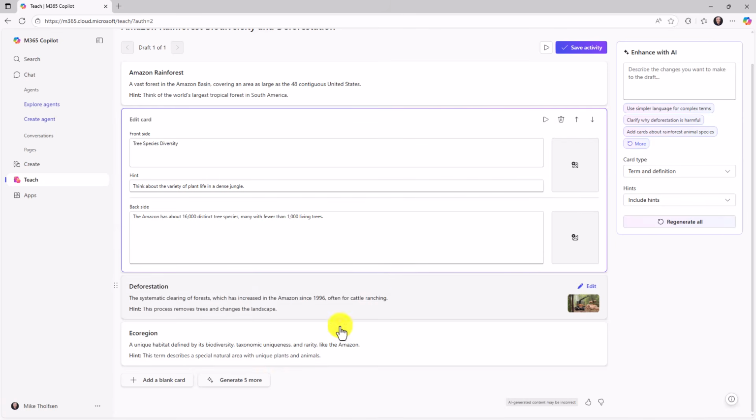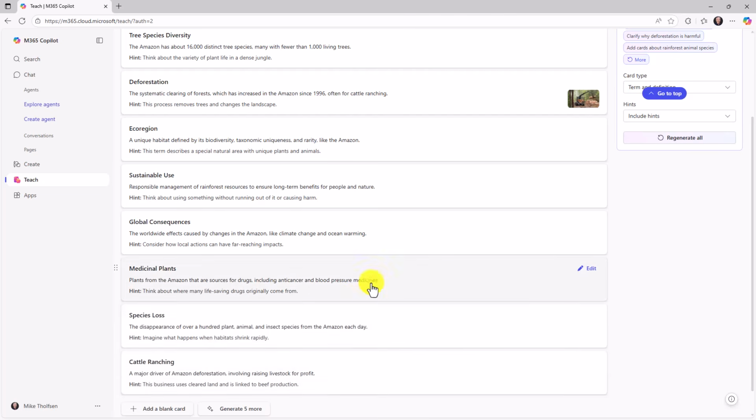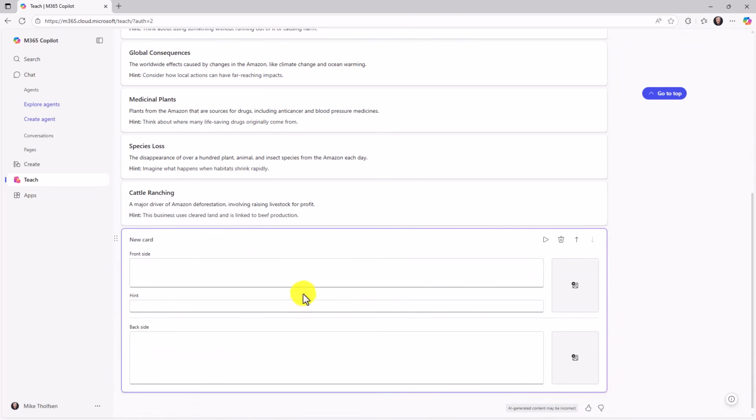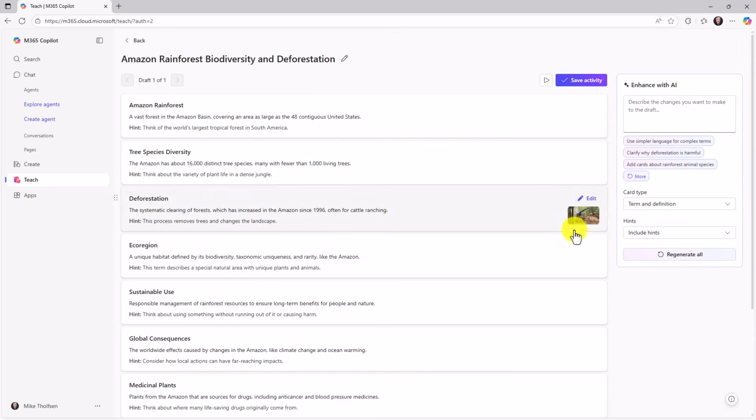Now down at the bottom, I might want to generate a few more. So I'm going to say generate 5 more. Okay, it has more that it's generated. I could add my own blank card. So you could fill out the front side, the hint, the back side. I'm not going to do this one. I'll choose delete. And now if I want to preview what all of these look like, I'm going to hit